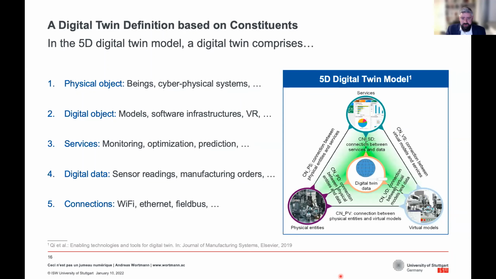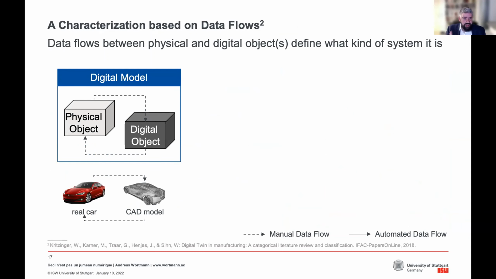Another, even more popular definition by Ceci et al. works on data flows. So here, in this characterization, essentially, depending on the data flows that are used, one distinguishes whether it's a digital twin, a digital model, or a digital shadow. And if you have manual data flows between your physical object and the digital object,